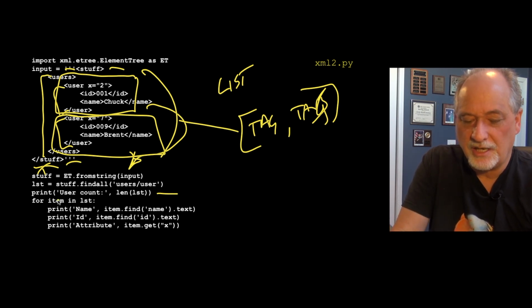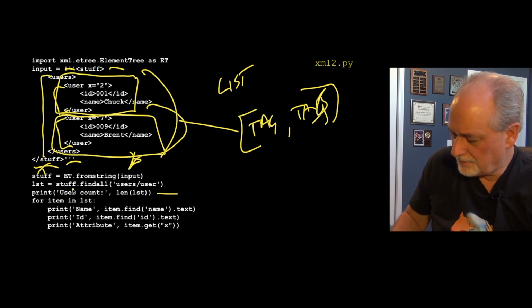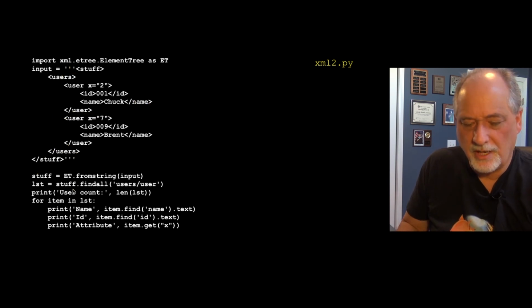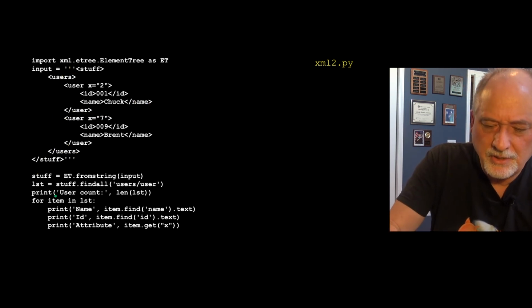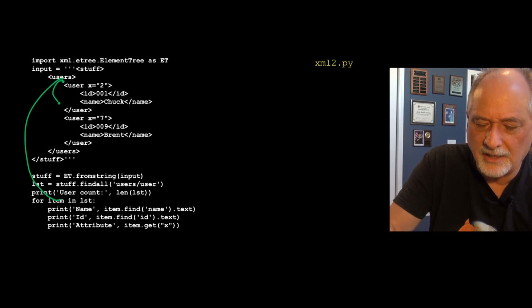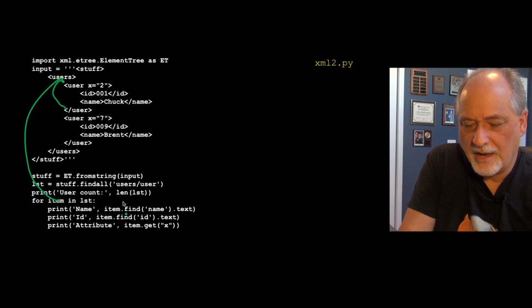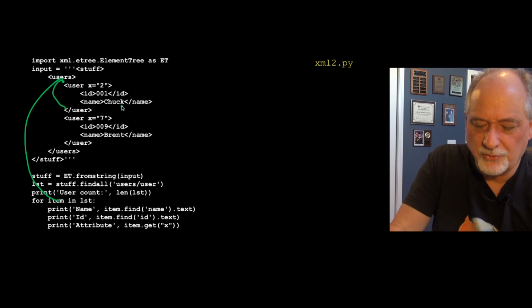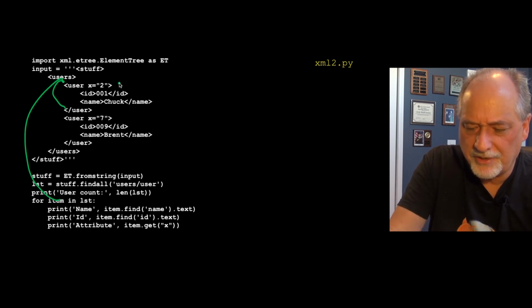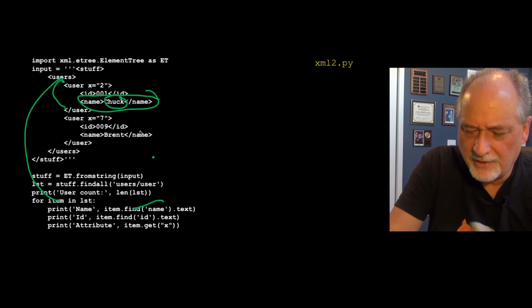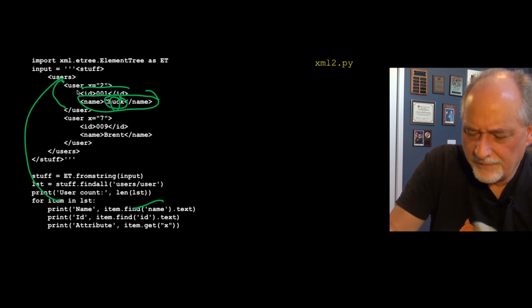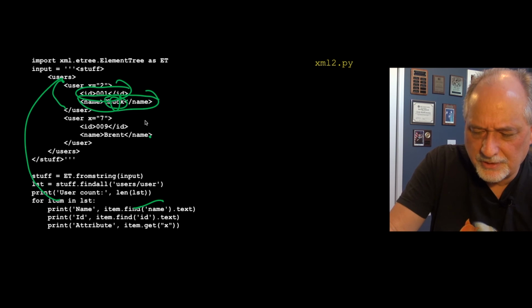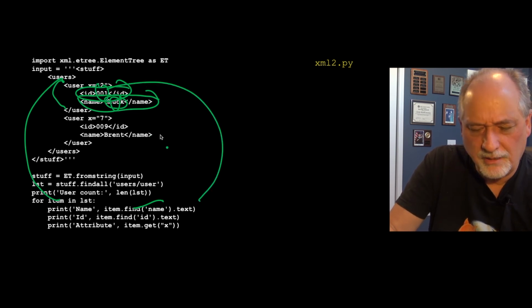And then I can actually iterate through the list. So this item is going to iterate first to this tag, and that tag. Now like in the previous example, we can look for the name tag within there and pull the text out. So we pull that text out, find the name tag, and then within that find the text. And we can find the ID tag and pull the text of that out. So that pulls out this 001,